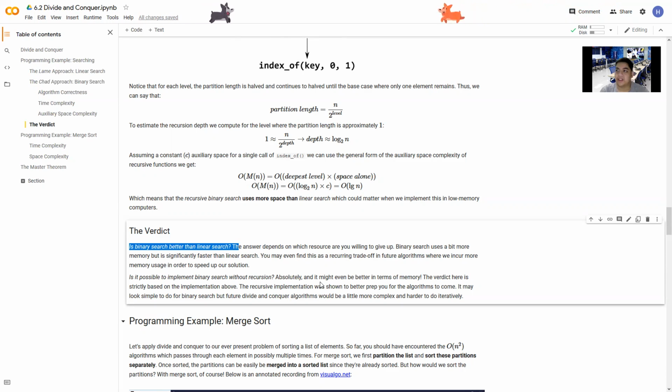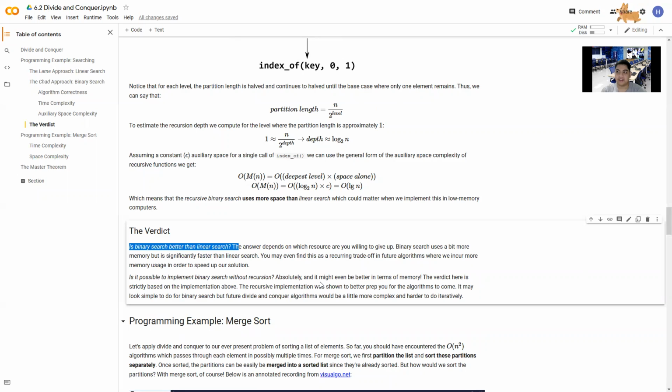Depending on the computer you're using, you might have more memory, but you can't wait for too long. So of course you would want binary search. And then there will be cases where you won't have much memory at all, but you can wait for the result. That means you can still implement linear search. But